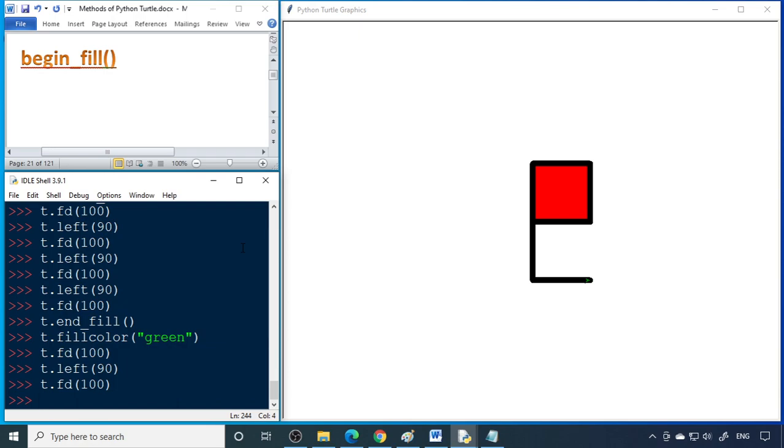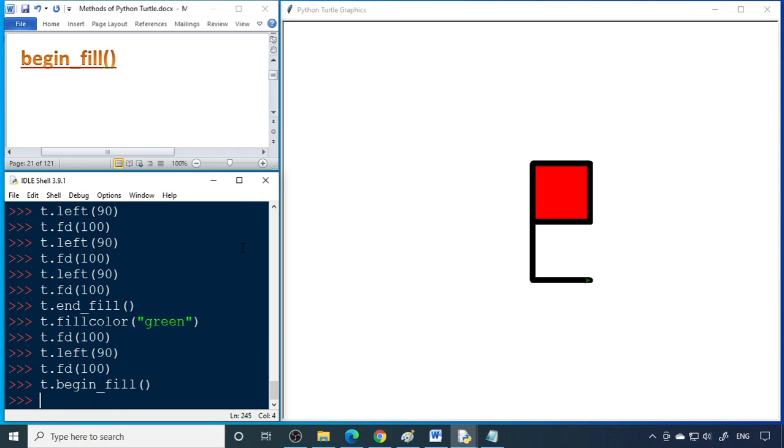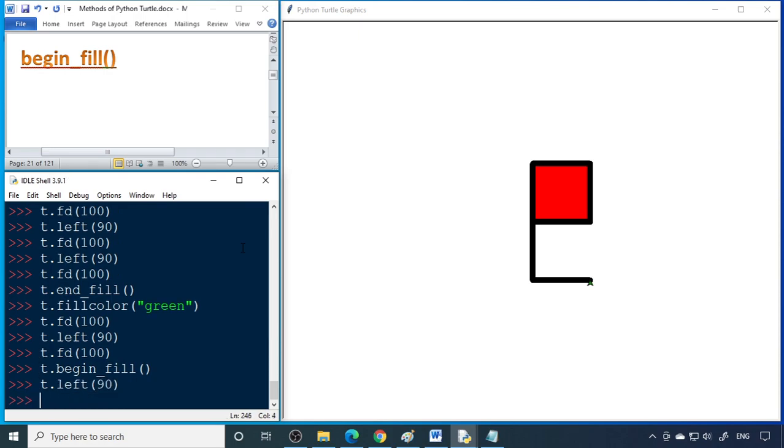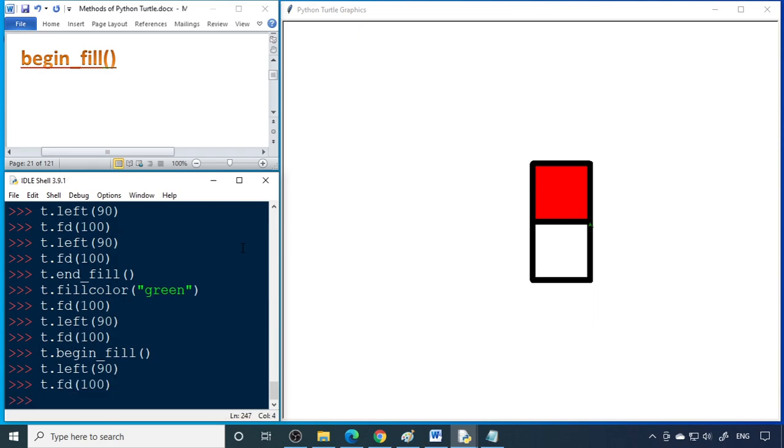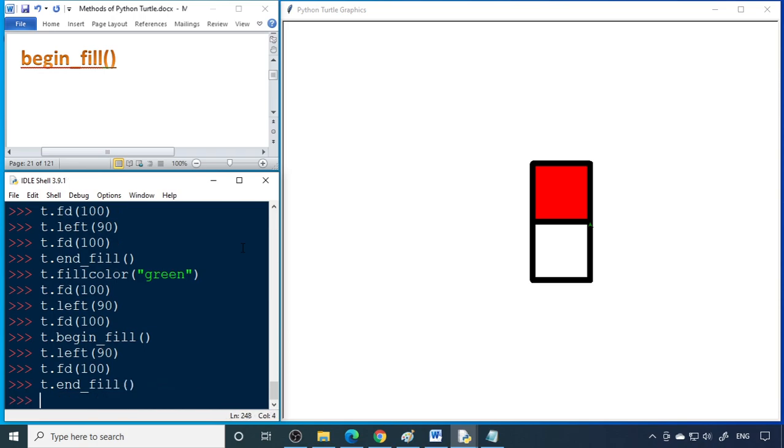First you have to say begin fill. So t dot begin underscore fill. And let me see whether this works. So take left, forward. Okay, let's end fill. Sorry, t dot end. No, I should complete this.